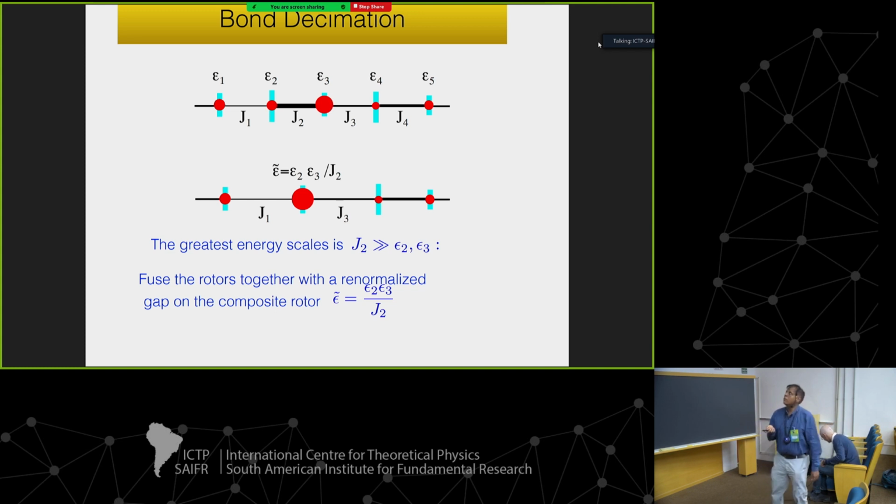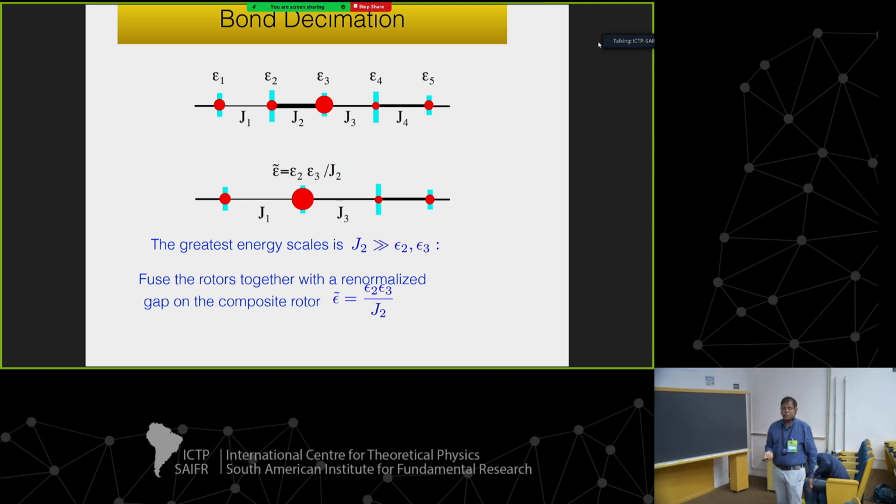Here we have a bond decimation. So we have the other regime, where the largest energy scale is the coupling between nearest neighbor Josephson junctions. Let's call that J2. The same thing happens: you can integrate out. The physics here is that when J2 is very, very large, the phases on these two sides, 2 and 3, get phase locked. Then you can take that as a composite object and integrate it out, and essentially you have at a new site a new distance to criticality, which is renormalized downwards, once again with this large scale coming in the denominator.